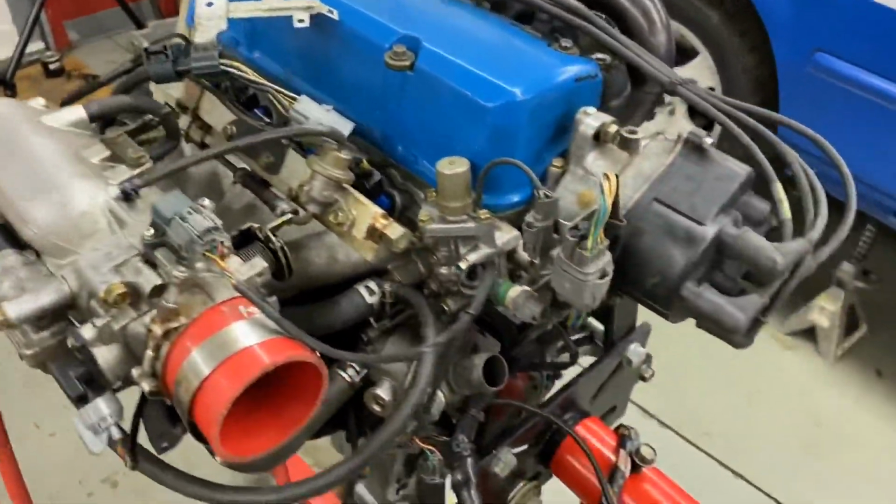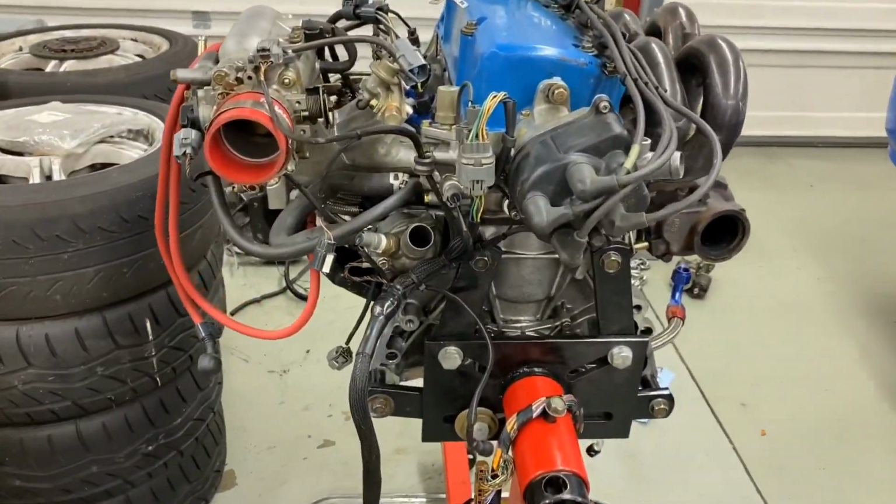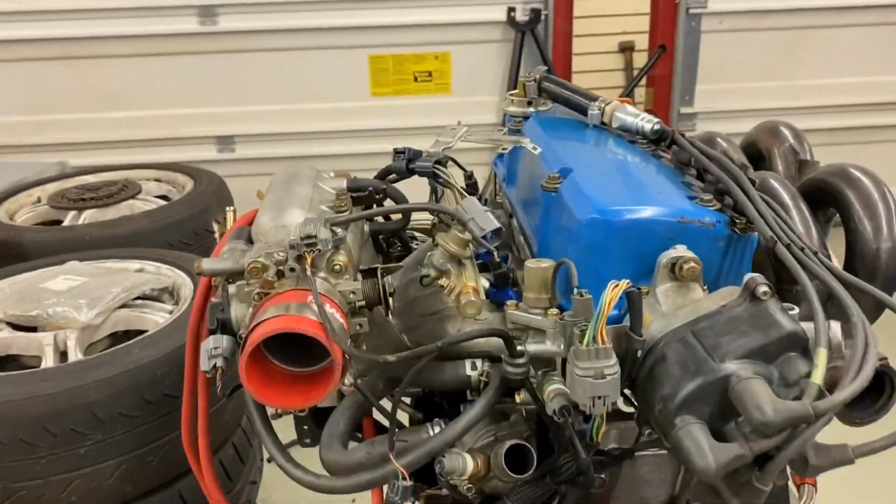Go ahead and take that off of there. That's not a toolbox. So we've got the harness on, and it looks like insanity right now, but it's really